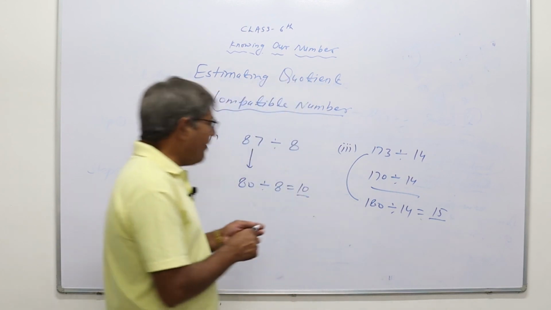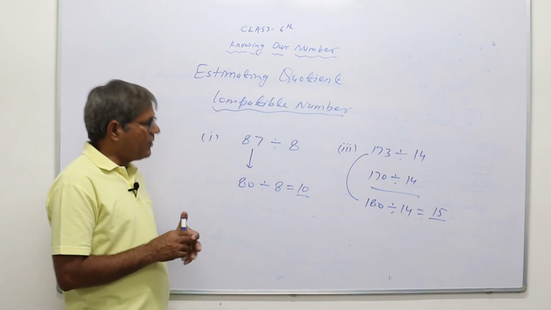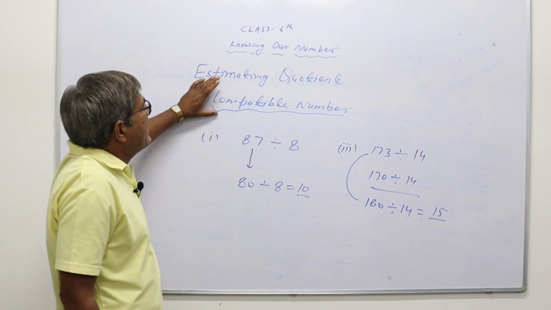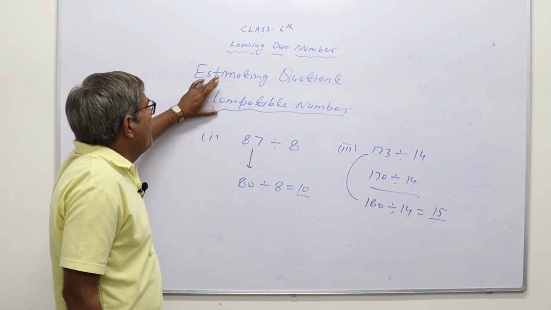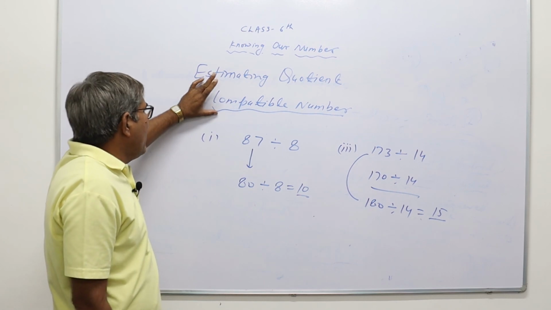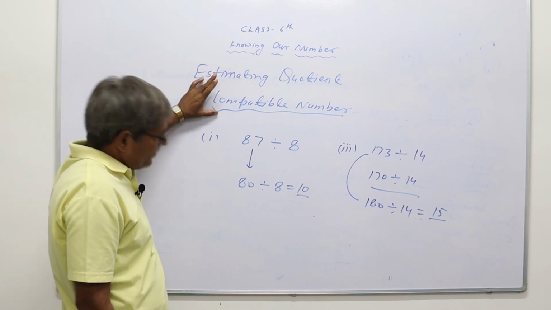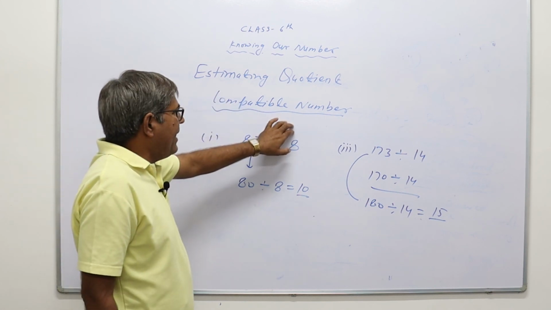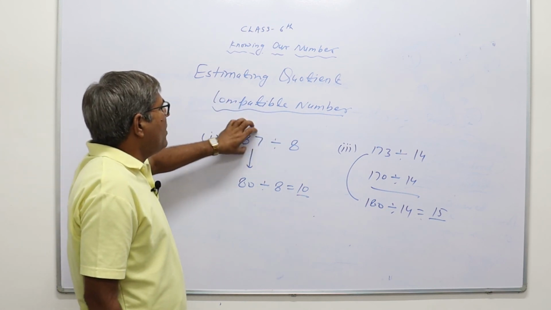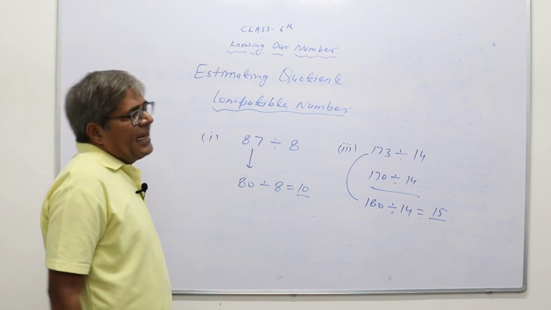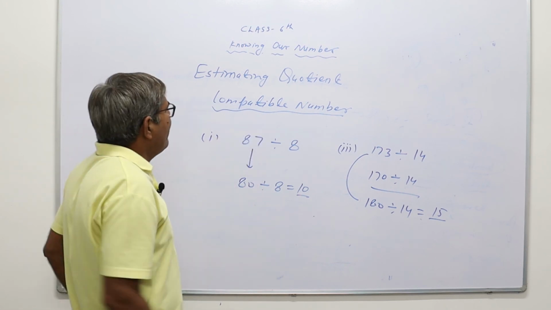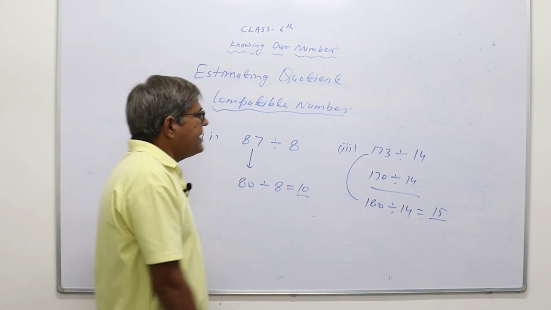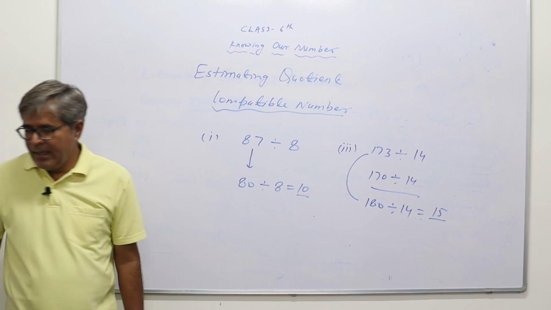So in this way, when we have to divide the two given numbers, then first of all we will take the numbers as compatible numbers. Now compatible number means if any number is divided by another given number, then we will not use the exact estimation rule. We will take the compatible number so that their quotient is a complete number.